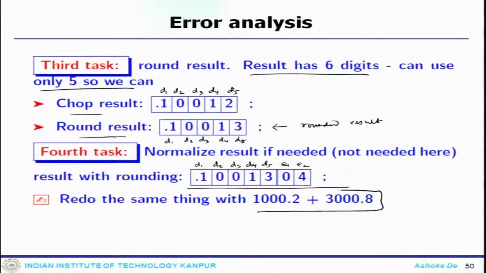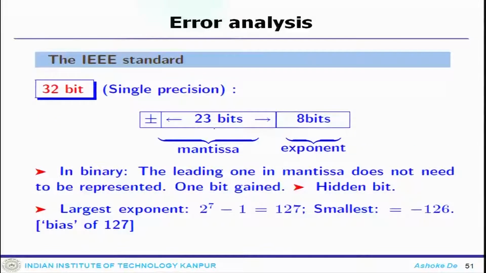One can carry out a similar exercise with this kind of numbers, but this is what happens when you round numbers at the machine level, because the machine understands these kinds of digits, or the bits. Now, when we say machine precision, we bring back certain information from the computing hardware point of view. What is the standard IEEE norms?